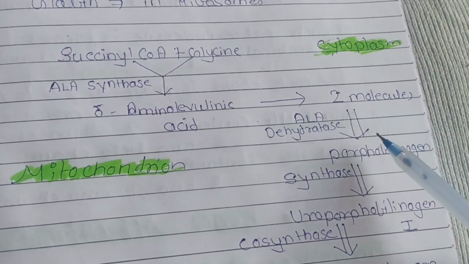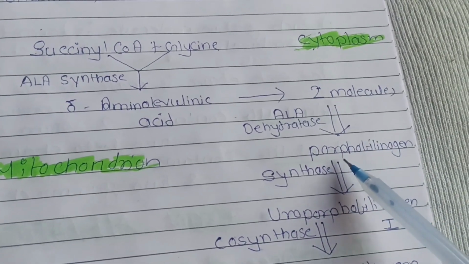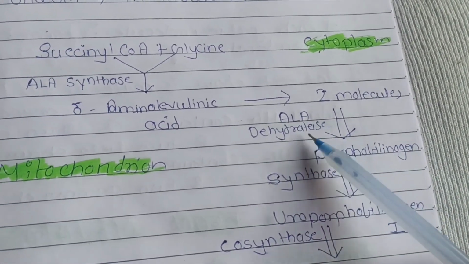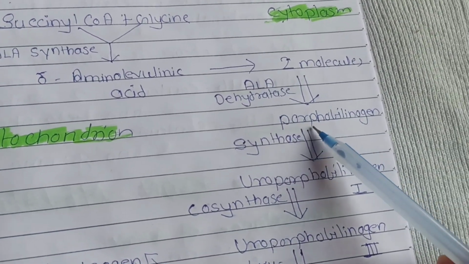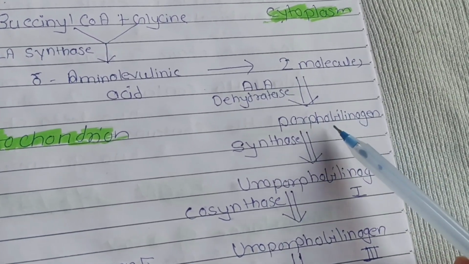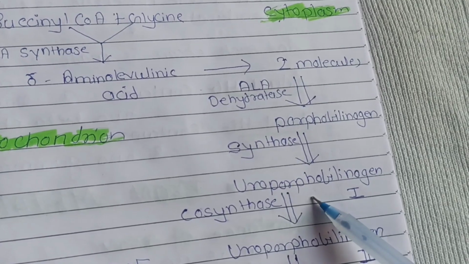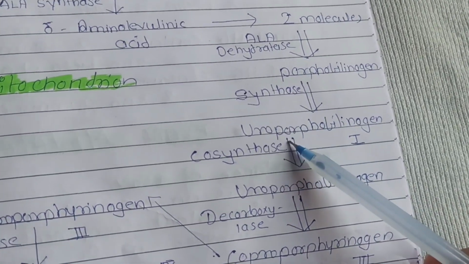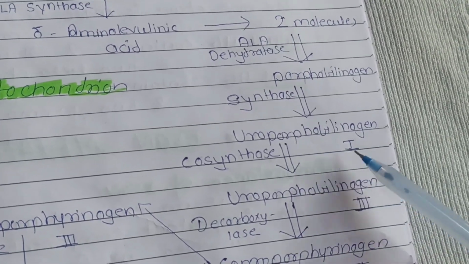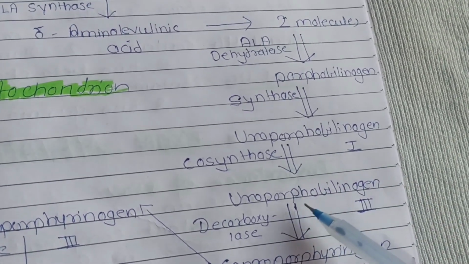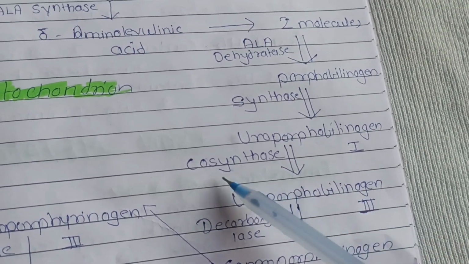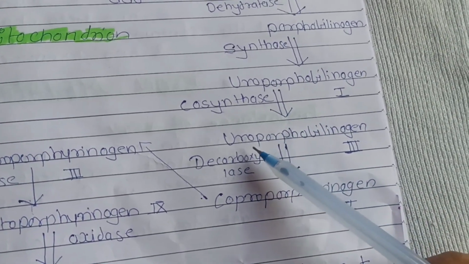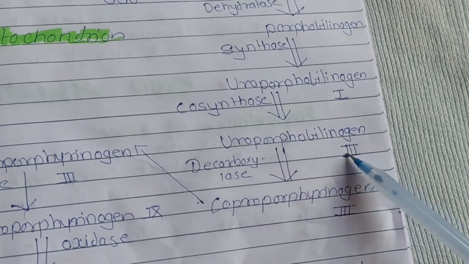Two molecules convert into porphobilinogen with the help of ALA dehydrase. Clear? Then porphobilinogen converts into uroporphyrinogen 1 with the help of synthase. Then uroporphyrinogen 1 converts into uroporphyrinogen 3 with the help of co-synthase. Then in the last, uroporphyrinogen 3 converts into